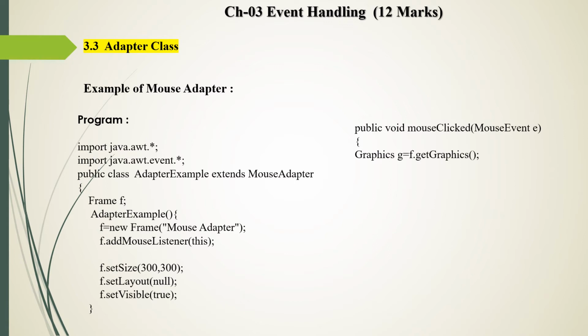Then we create one object of the Graphics class and set the color blue. The code for this: setColor is the method used to set the current color, and we set the color blue. Then we use the method fillOval. We studied this method in the applet chapter in Java, and in it we pass parameters e.getX and e.getY. These are the x and y coordinates of the mouse pointer, and 30 is the height and width of the oval.